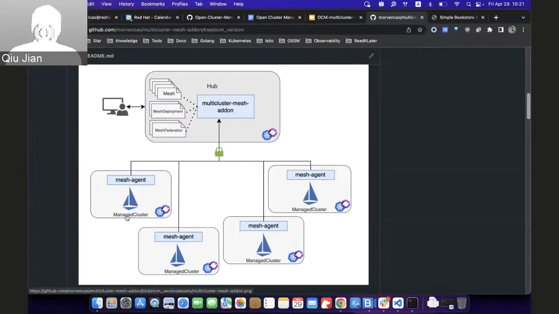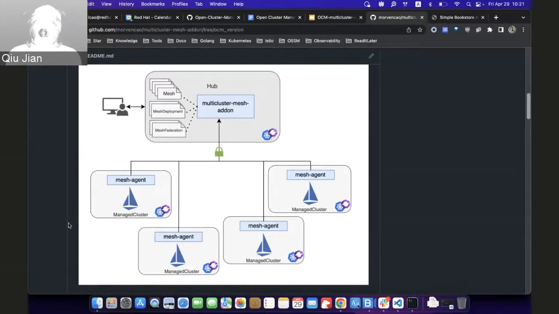Yeah, I think this is a very interesting idea. I saw the issue about creating a repo on the OCM to hold this add-on. I'm not sure whether there are other comments on this issue. I think it should be fine. The only thing, when I take a look at the API, is